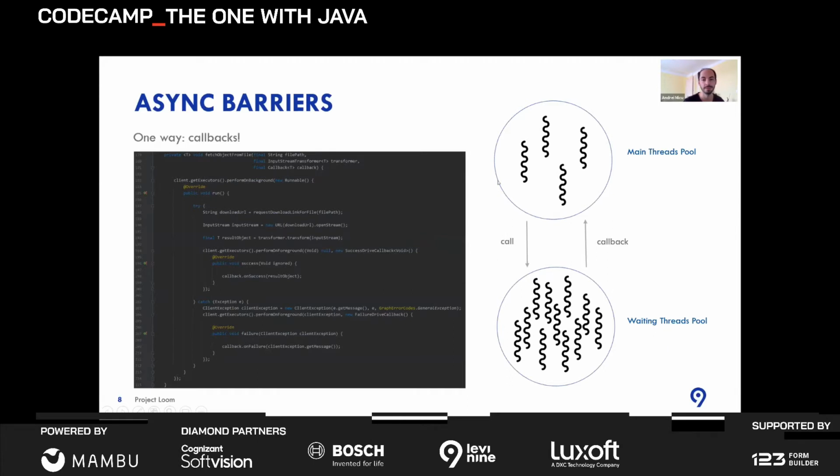The mechanism is simple. You make a call to a service, then this call will schedule on the waiting thread pool a task to wait for the call to return. And when that waiting thread finishes, it's going to continue with what's put in the callback. And this is pretty